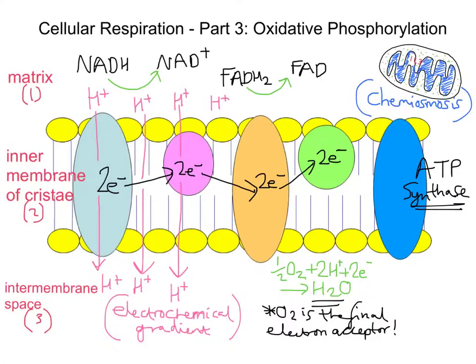Now, ATP synthase is this protein, ultimately, this enzyme that's going to be used to create ATP. We have a large concentration of H plus ions in the intermembrane space. Because we've got a high concentration here and low concentration in the matrix, that hydrogen is pumped back into the matrix along the concentration gradient. So this H plus now gets pumped through here